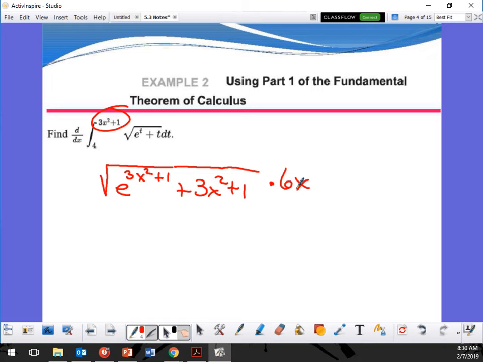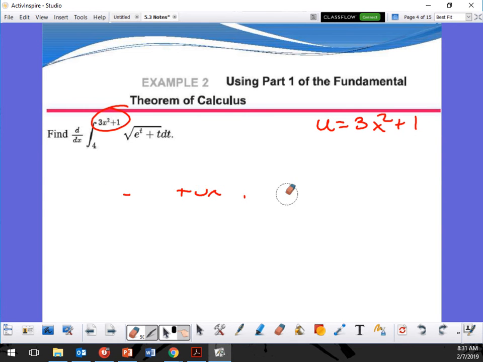We didn't do the u's yet, and I don't want to confuse you more with this, because we're going to say that u is equal to 3x squared plus 1. Okay? So we're going to say that that's that. So when I go through and plug in, I'm going to have a du. Take the derivative of u, it's giving me du. And then when I take the derivative of this, it's going to give me 6x and then dx, because that's the derivative in terms of x.